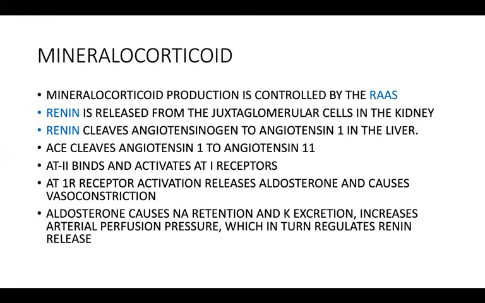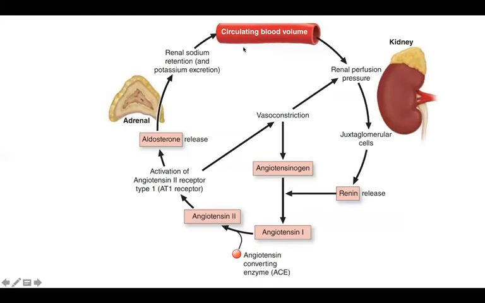And then angiotensin 2 causes vasoconstriction, causing a rise in intra-arterial pressure, or blood pressure. And this in turn causes a feedback suppression of the renin release, so that no further renin is required. So this is how intricately the renin angiotensin aldosterone system is working. Having a look in a pictorial and graphical manner, you will find that the circulating blood volume is the primary factor responsible for the release of renin.